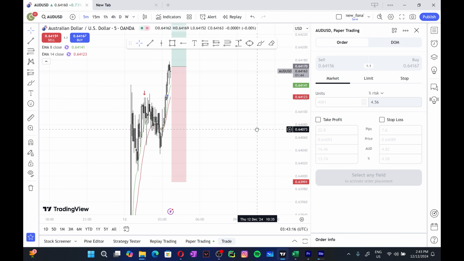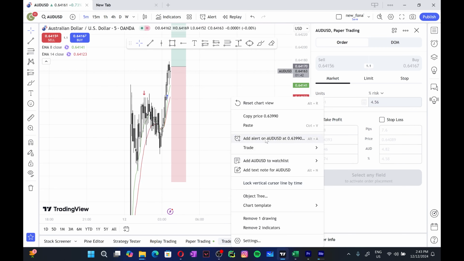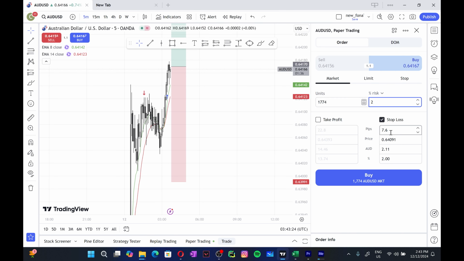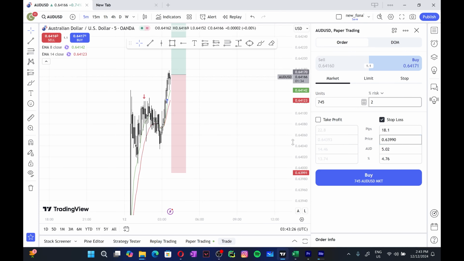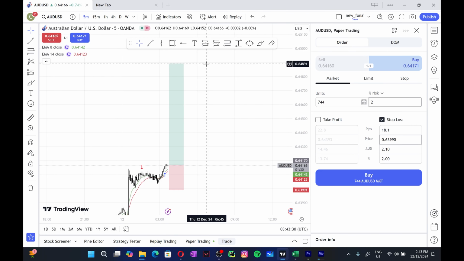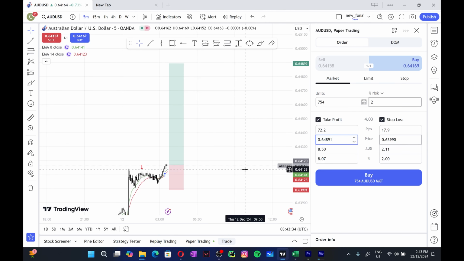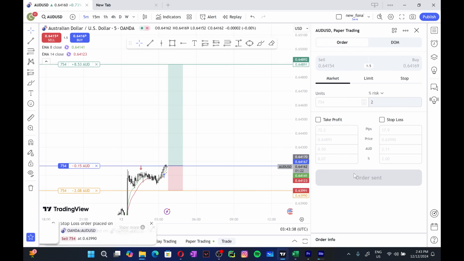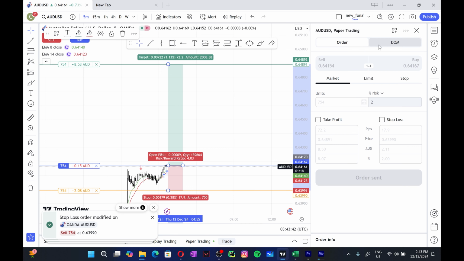right here. So what I want to do is copy this price, go to the buy, and put a risk of, I just want to put 2% because I've already lost one trade in this, and I can lose a maximum of 3 trades a day, not more than that. So that is my condition as well. So I lost one trade already, and well, that's it. Let's buy and let's see. So this is where we bought, and this is our take profit. And yeah, hopefully it'll be profitable.